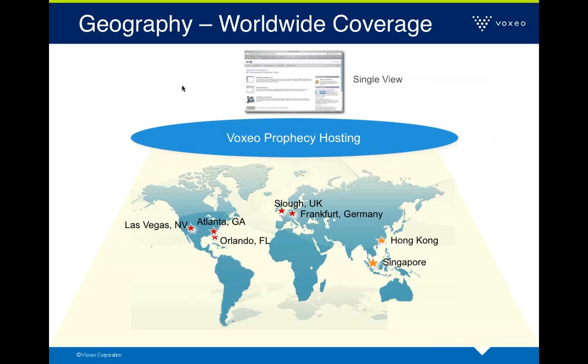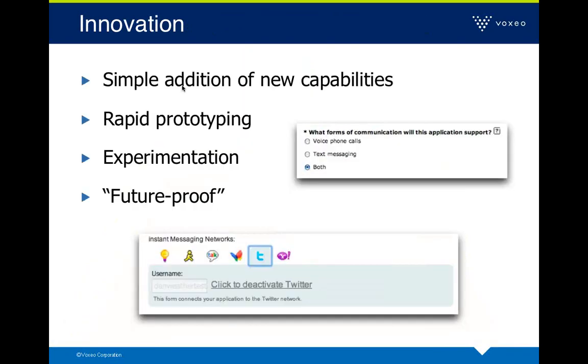With a cloud environment, you also have the ability to project yourself worldwide. You have geographic coverage across the world in whatever environment you're doing. So it might be that if you need connectivity into the UK, you would be able to get inbound and outbound connectivity through the hosted cloud out into those environments. If you need Asia presence, you can create that through the worldwide coverage that a cloud would have.